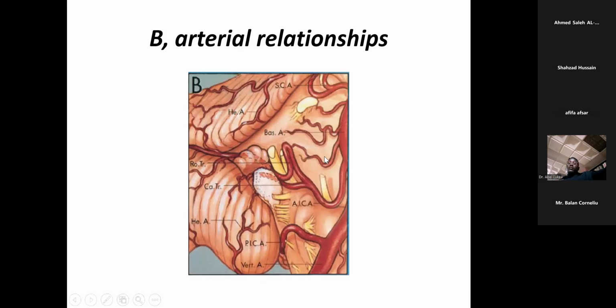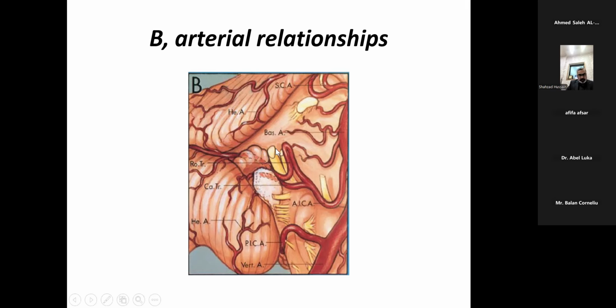As we talk about the arterial relationship, the upper complex has the superior cerebellar artery. This is the basilar artery, running on the anterior surface of the pons. It gives off the superior cerebellar artery, which curves around the brainstem and has a rostral and a caudal trunk, supplying the tentorial surface of the cerebellum and a portion of the midbrain. As we can see here, this trunk has a relationship with the trigeminal nerve. This is the caudal trunk and this is the rostral trunk in this particular case, where the caudal trunk takes a shallow curve just at the origin of the trigeminal nerve.